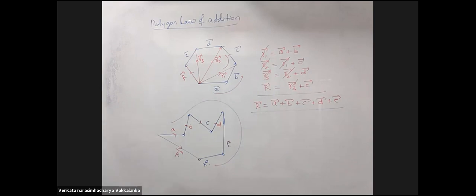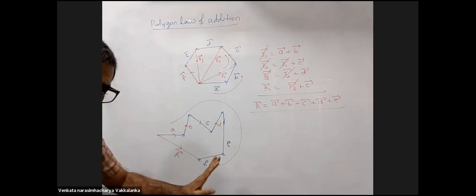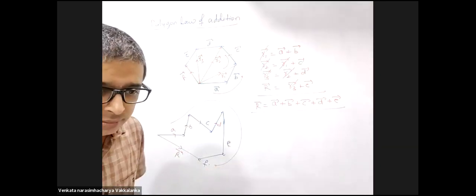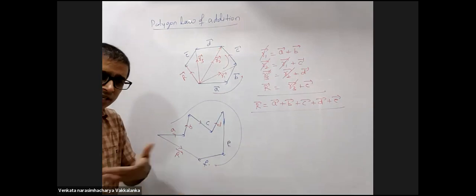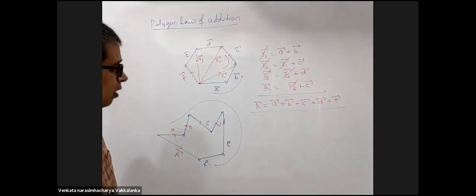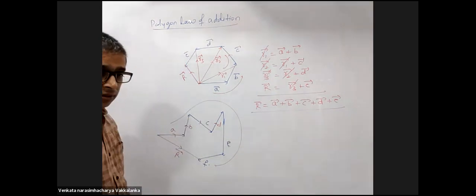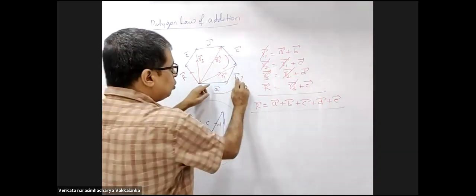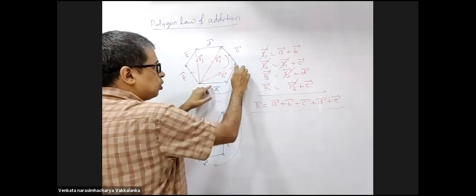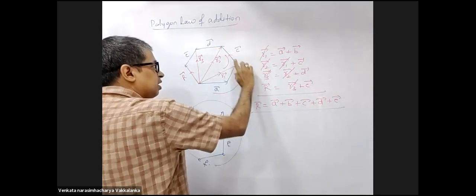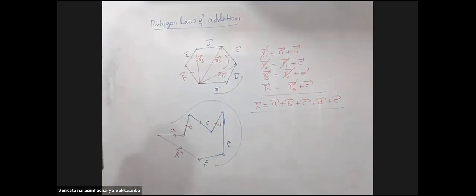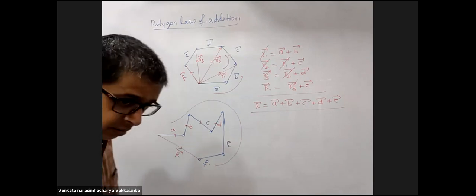And sir, to get the magnitude, how will we get that? That geometry is different. You'll have to measure this line, or you should know the geometry of that polygon. Is it a hexagon? It will change from structure to structure. If not, measure this length using a scale. This is geometrical representation. He will tell you B makes an angle of theta, so at theta I'll draw B. Then C makes an angle of theta, and D makes an angle of theta from C. That way you will measure this particular length. So we have to directly measure it.